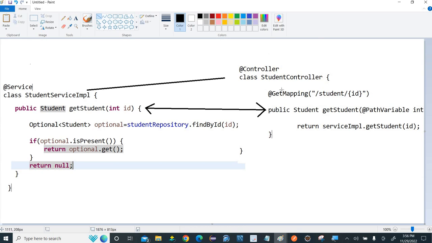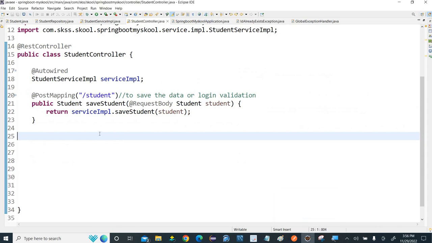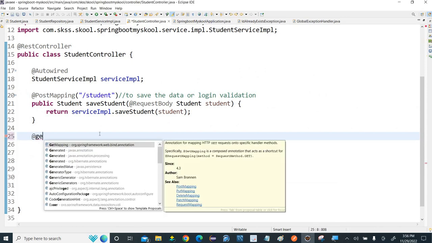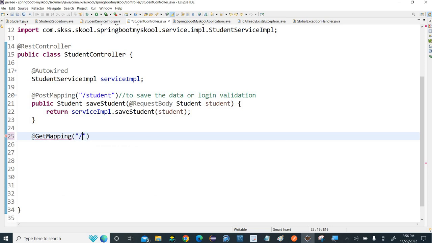Our next step is to write the method inside the controller class using @GetMapping. For retrieving the data we use GetMapping, and here there is some extra part. I will tell you what that is. Okay, so let us write the method first. @GetMapping("/student/{id}")